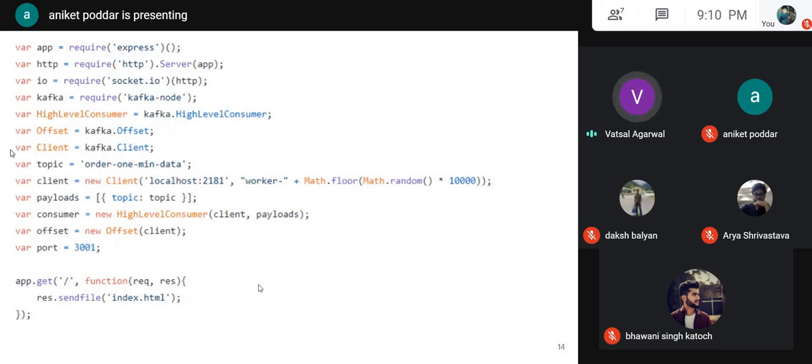Socket.io is used to create a bridge, we can say, for bidirectional communication between the server and the client, which we will be using to transfer data and establish a communication node. And after that, we have used Kafka Node so that we can accept the data from the Kafka server and process the data.